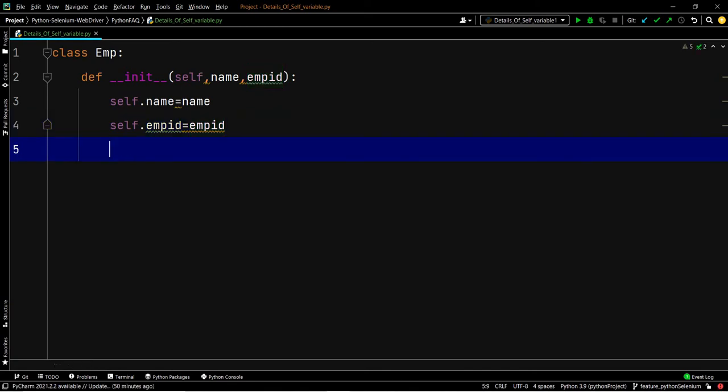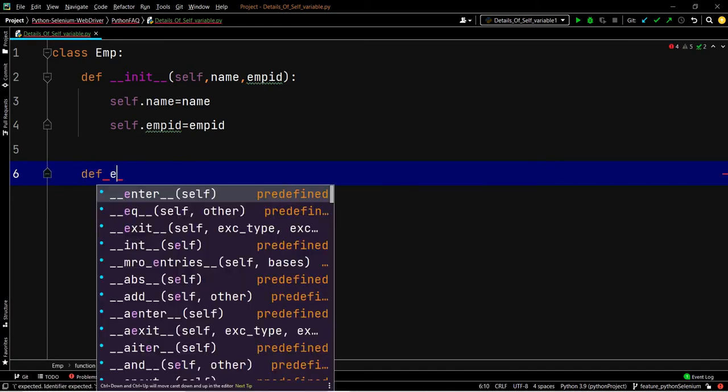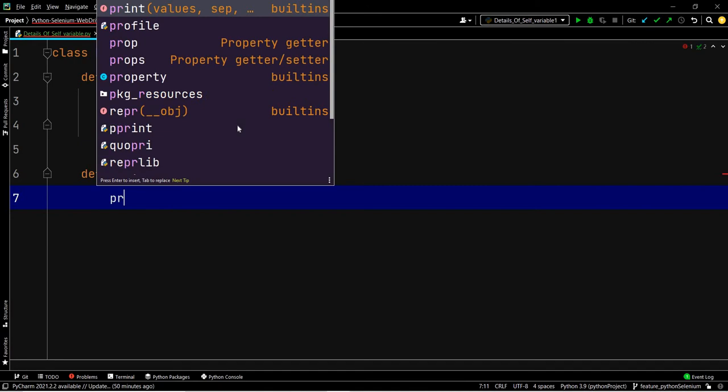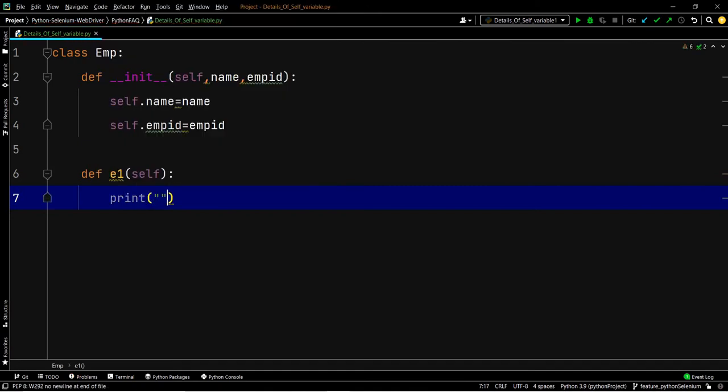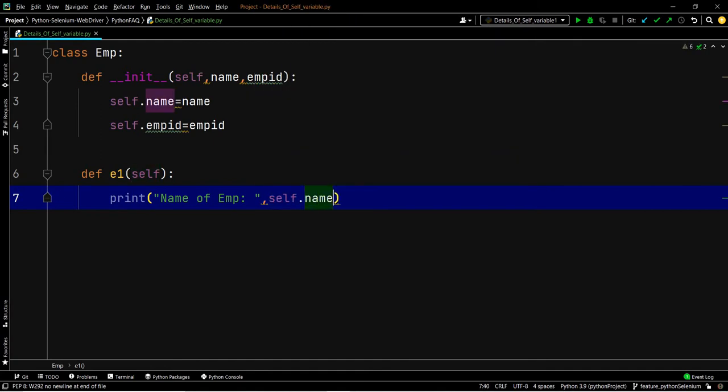Now we'll create another method, like e1, the employee one method. Here we'll access the name and employee id. For that, print the name of employee, name of emp is self.name.